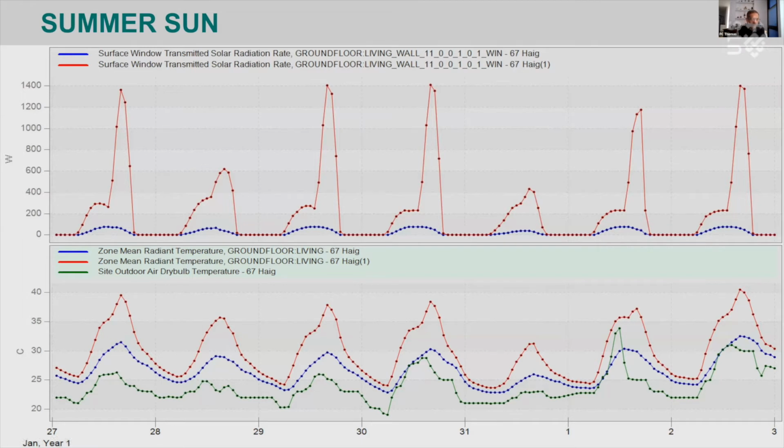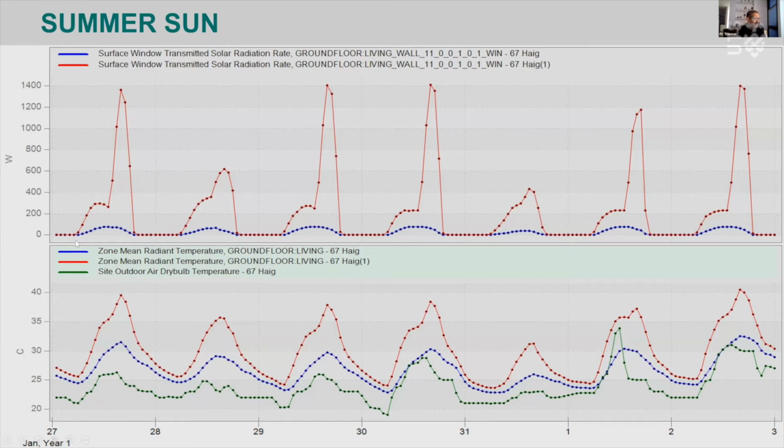And that's why it's predicting that even on mild days, I might get some really warm temperatures in the room. So my obvious design response will be, I've got to cut out that solar radiation. So in response, I schedule a blind. I'm going to put a blind in, and that blind is going to cut out the solar radiation from 6 o'clock in the morning to 10 p.m. I just want to see what will happen if I do that. And the blue line on the top is what I've done there: put an external blind, which will cut off the radiation during that time.